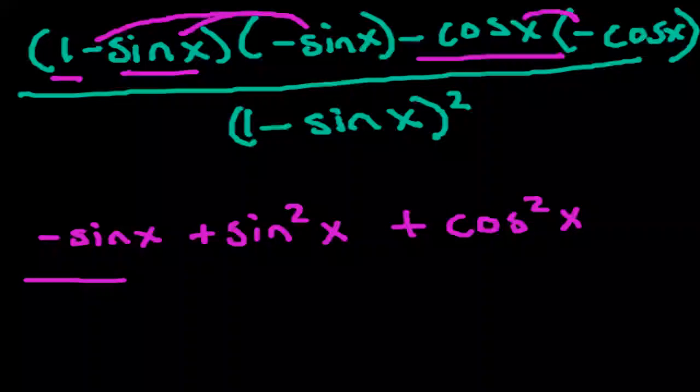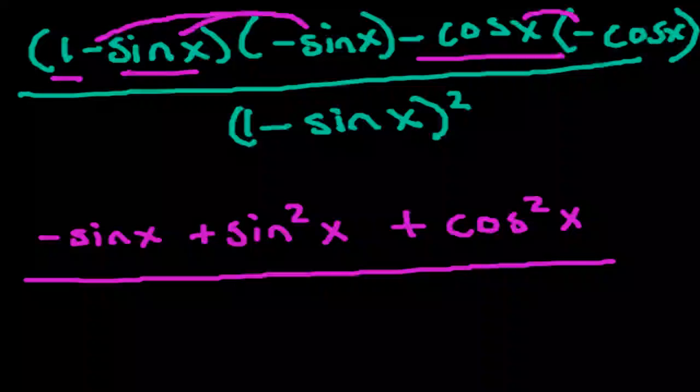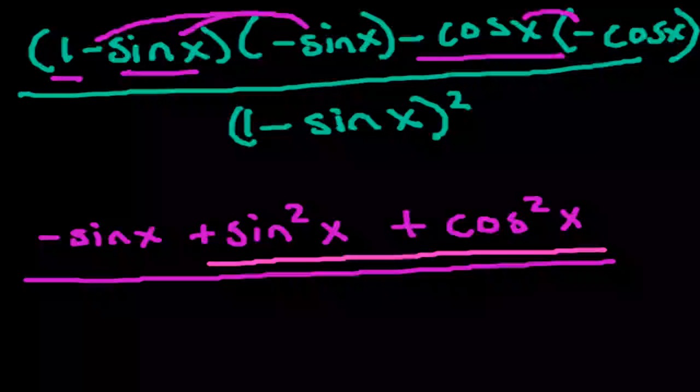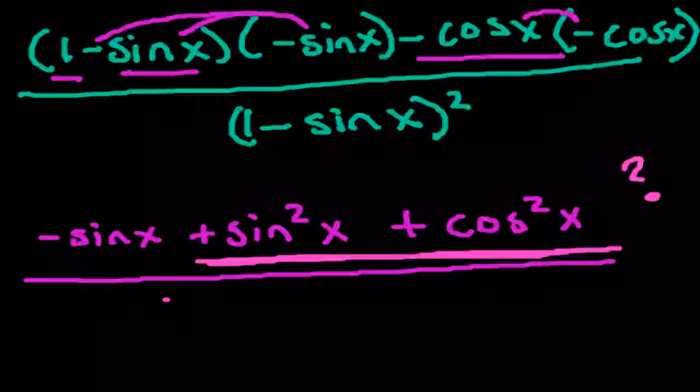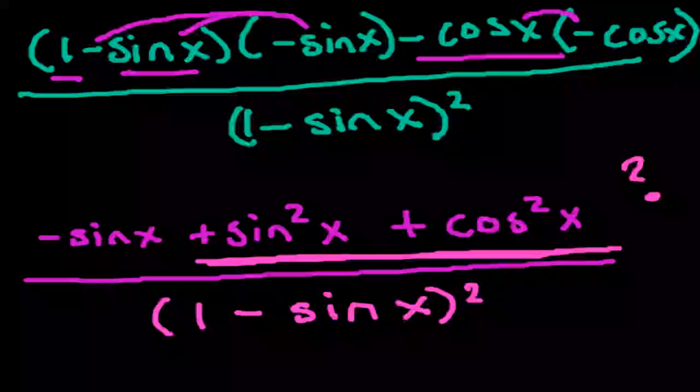Now, I'm not going to tell you exactly what I'm going to do here yet, but while I simplify the denominator, think about, actually, you know what? I am not going to simplify the denominator. I'm just going to rewrite it. So think for a second while I rewrite it. What do we know about sine squared of x plus cosine squared of x? Do you remember anything about that from trigonometry? I was going to simplify it, but I'm looking ahead and thinking I might save myself some work if I don't. Okay, so there is our answer, except if you remember back to trigonometry, we had this wonderful